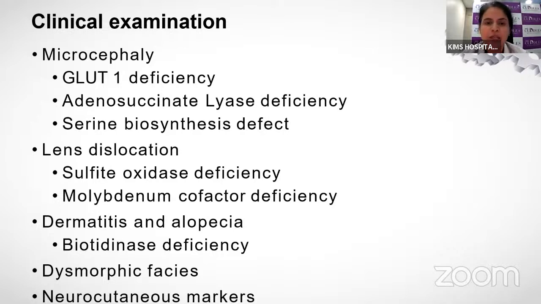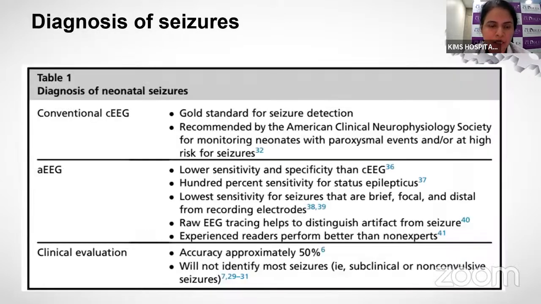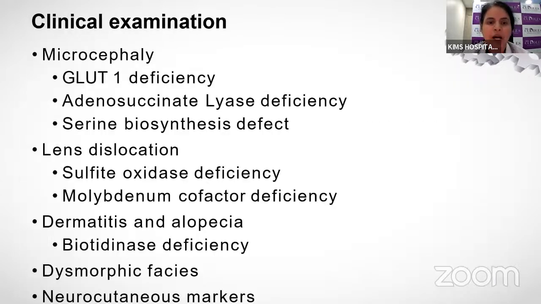Neurocutaneous markers, particularly in a baby with, say, suspected tuberous sclerosis, the presence of ash leaf macules and typical skin changes could also be an important or valuable clue for us to suspect what could be the etiology for neonatal seizures. Of course, in addition to all these specific markers, one needs to do a detailed neurological examination to understand whether neonatal seizures were associated with abnormalities in the tone, which includes both assessment of the active as well as